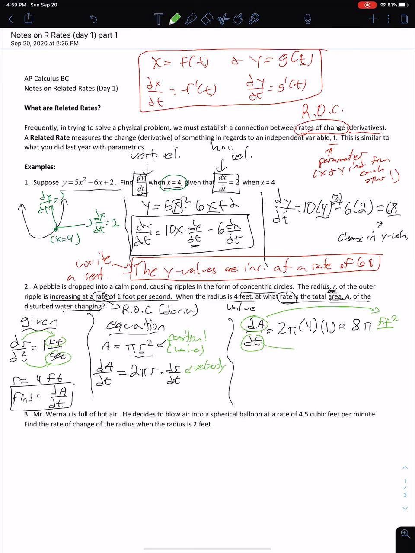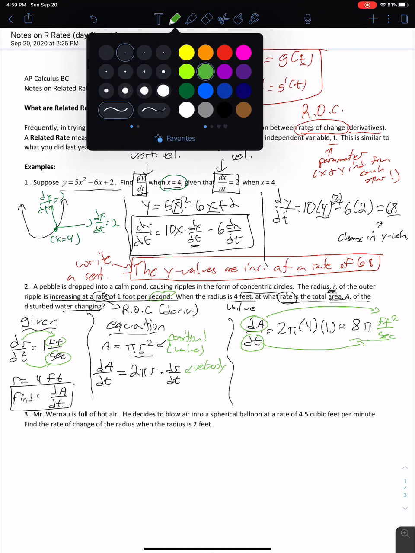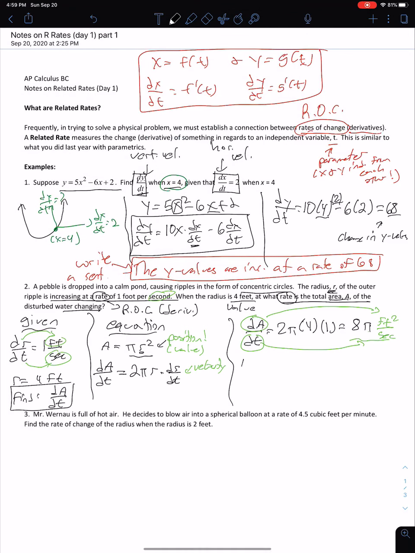T, the change in time, here is measured in seconds. So we are saying that the area of that ripple is increasing by 8 pi feet squared per second. And again, we're going to write that as a sentence. The area